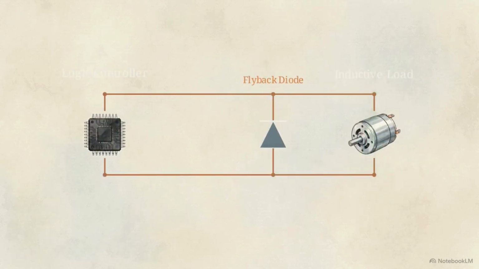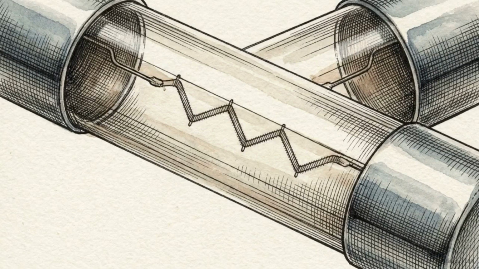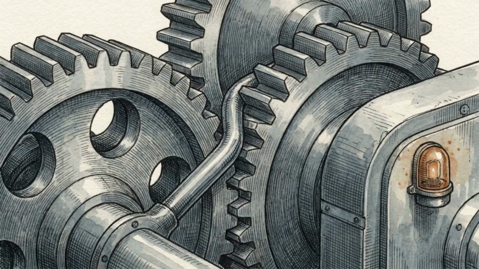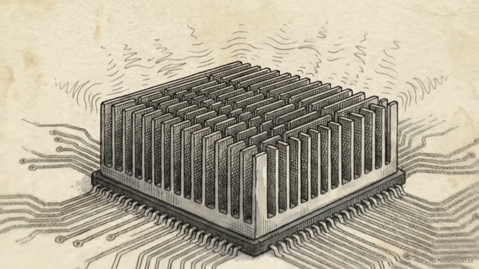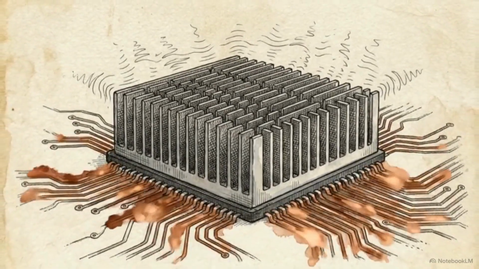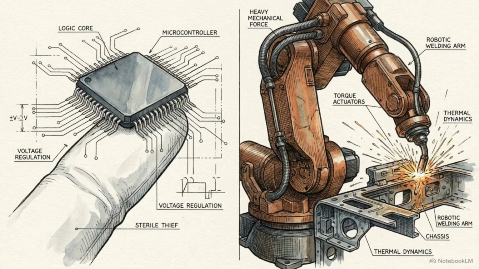We also implement secondary safeguards, including inline fuses and thermal shutdown circuits, ensuring the system survives unexpected mechanical jams or overheating. Power electronics function as dynamic interfaces, perpetually balancing the constraints of thermal physics against the speed of digital logic. Motor control is the engineering art of directing immense physical energy using